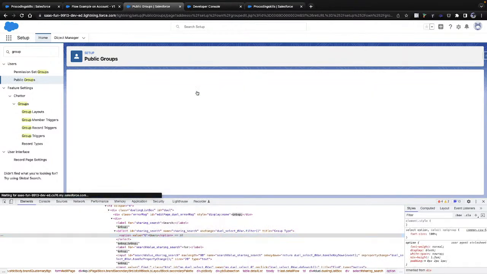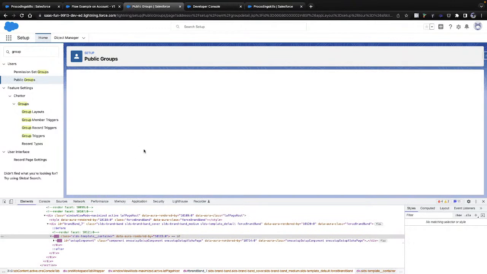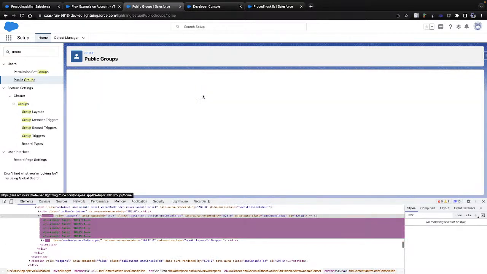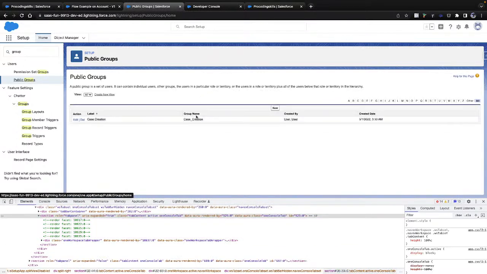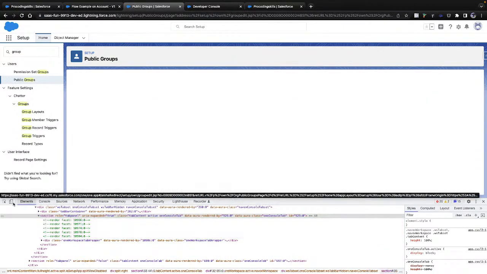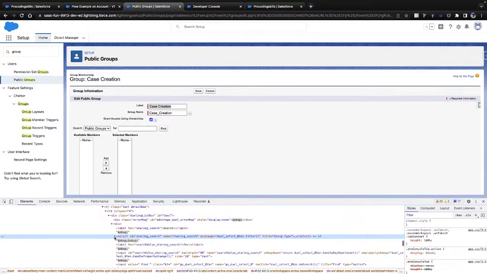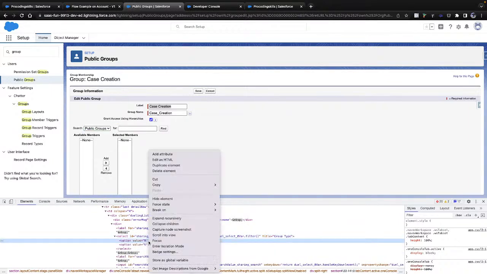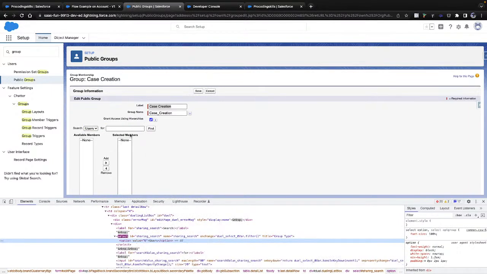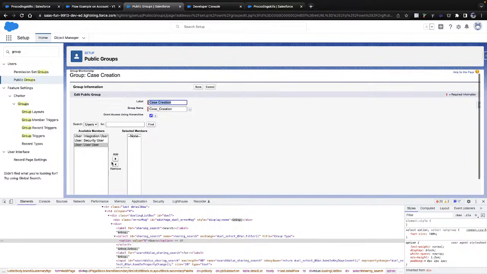Okay, my bad, I should be doing this the other way around. Public groups, edit, delete, find, and I'll assign the user to the set.